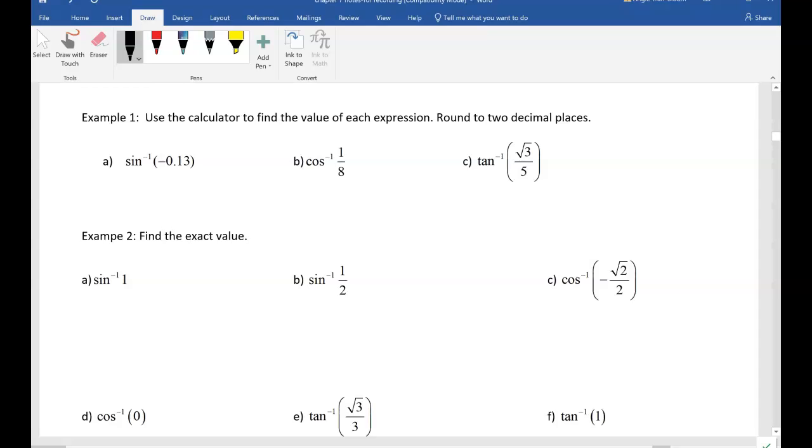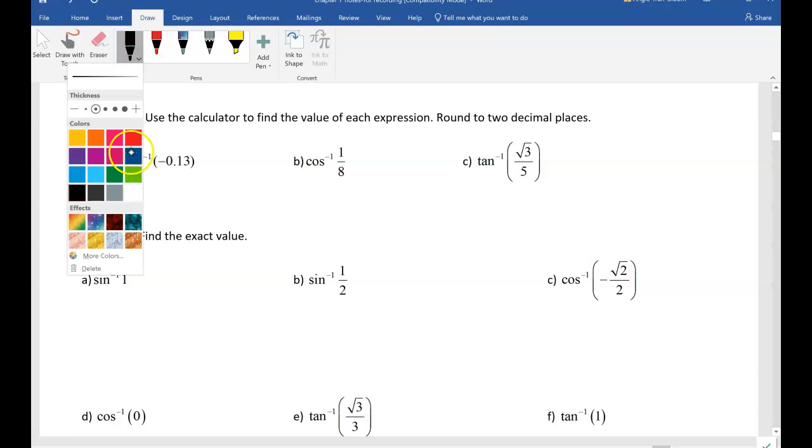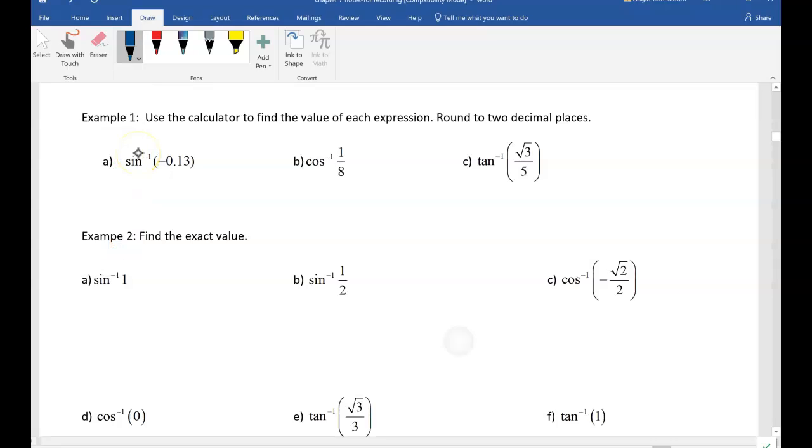Okay, so now we actually get to practice. Let's go to example 1. Use the calculator to find the value of each expression, rounding to 2 decimal places. Notice how the instruction did not tell you whether your calculator should be in radians or degrees. So in that case, I always, repeating myself, always want you to be in radian mode if it